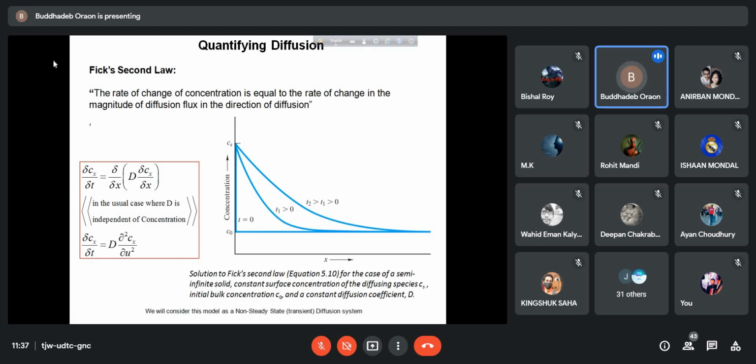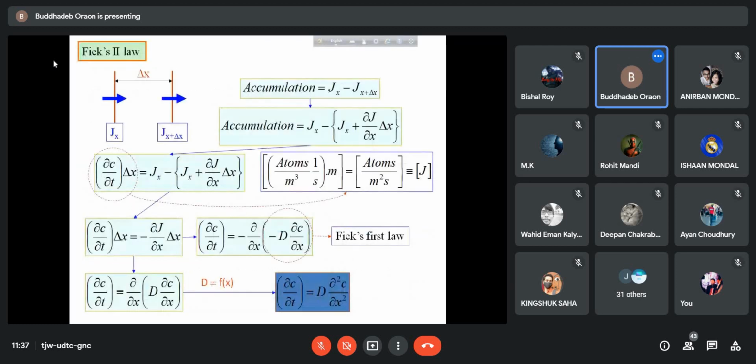Now you can try to solve it yourself, because you have been taught a lot of differential equations, and you can have a try at that. But we only use the solution to solve the problems. Now if you want to derive the equation, it is something like this. Just let me tell you.